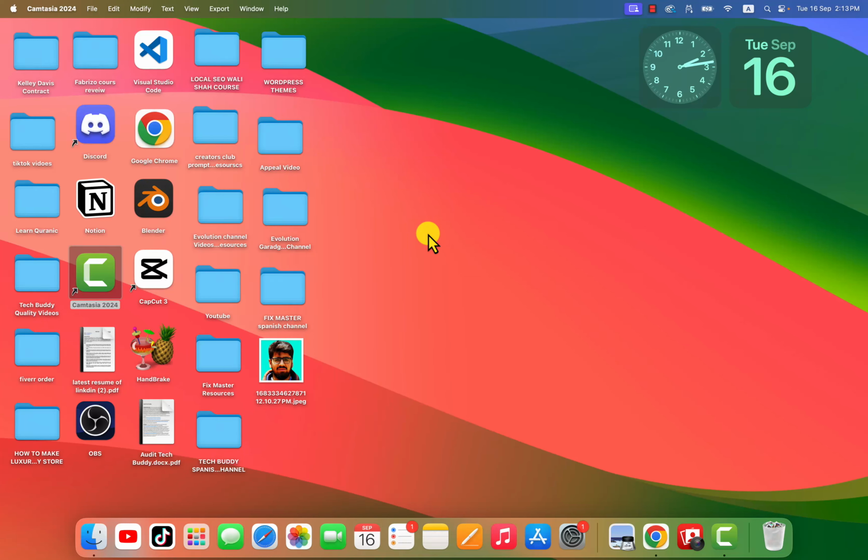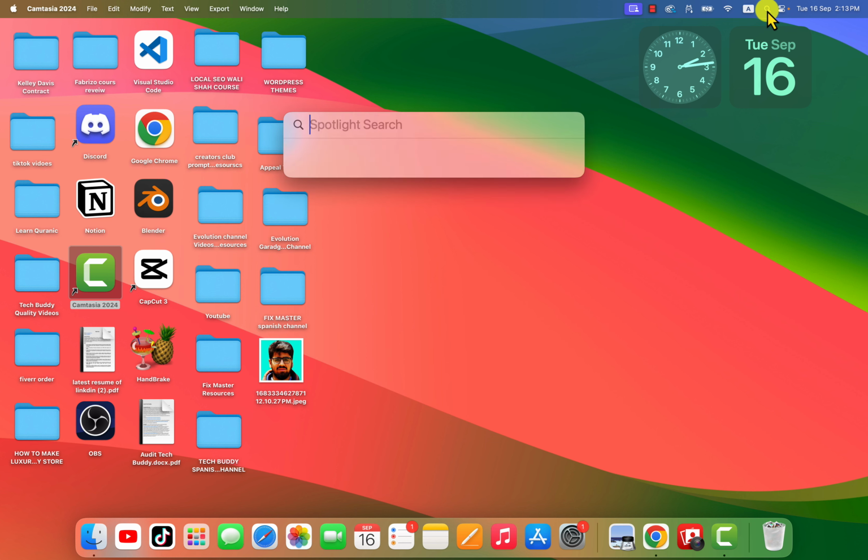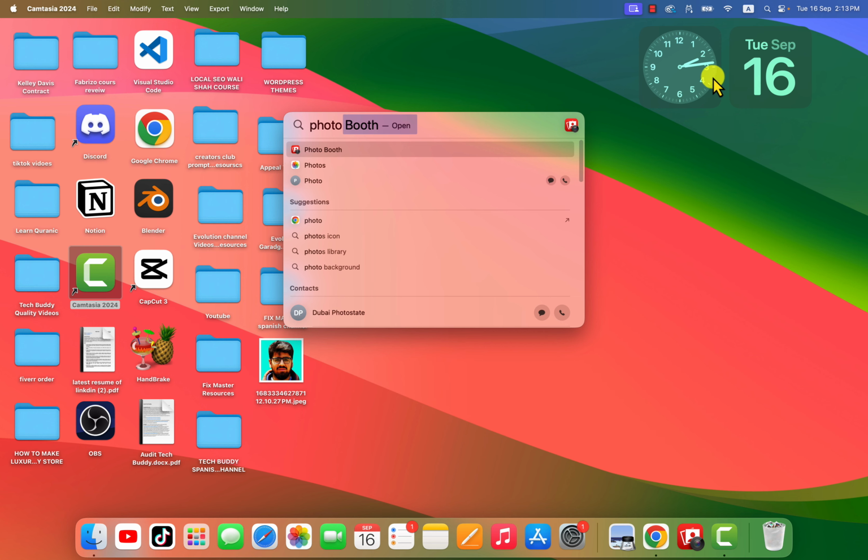How to use camera in MacBook, whether you are using MacBook Pro or Air. So let's get started. You can access the camera app by clicking on the search icon and searching for Photo Booth, or